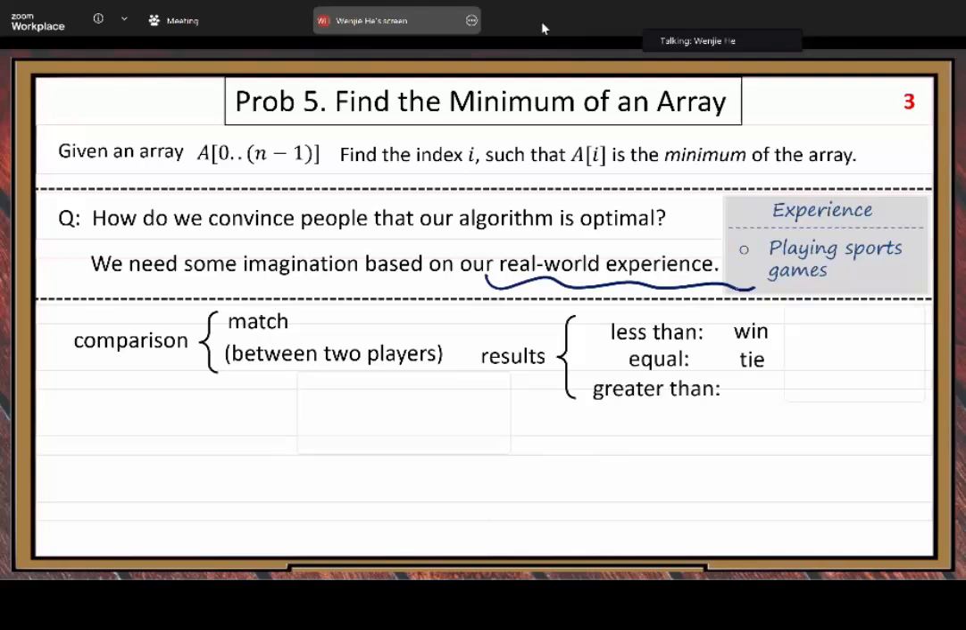Then greater than, a loss. So lose. So three cases. All right, here in this one, because this equal case, the tie, it happens in the real world, but in our current problem,